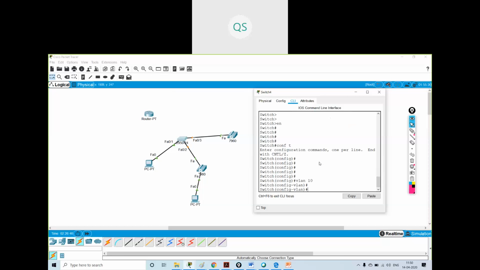VLAN 10, I will name it data. Then VLAN 20, I will name it voice. Okay, show VLAN.